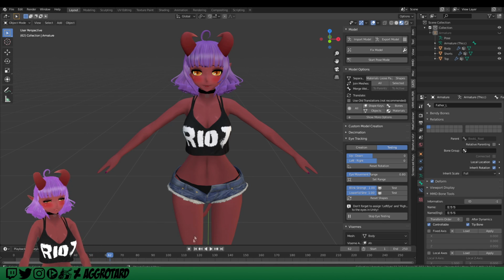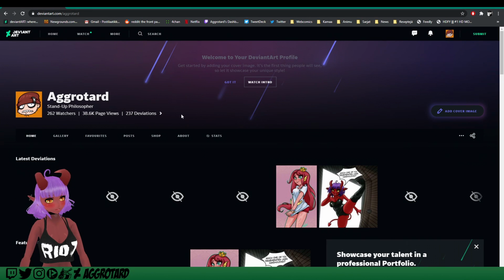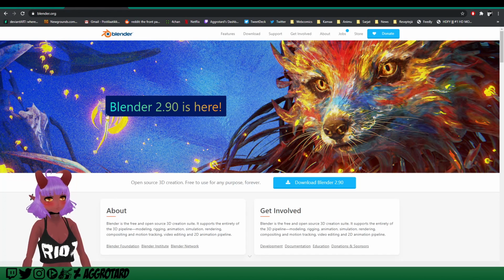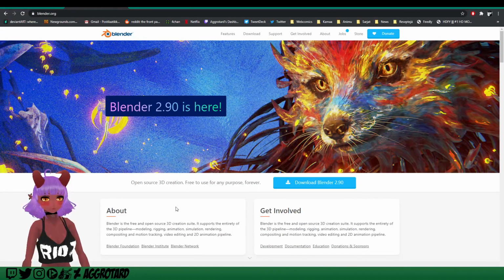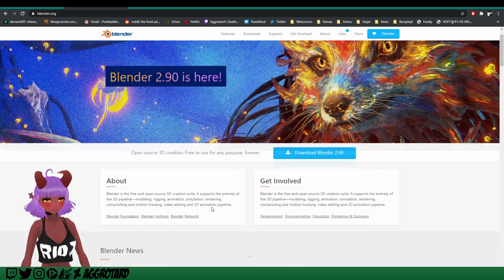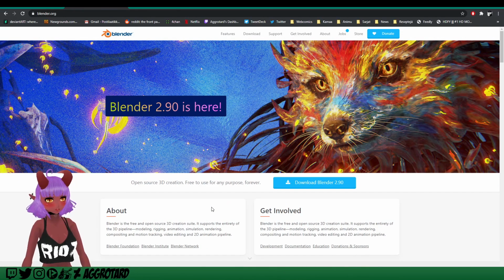So obviously the first thing you're going to need is Blender. As of making this, the newest version is 2.9. I'm using 2.83 just because I haven't tested if the Cats plugin works with 2.9. I'm pretty sure it will, but just in case for this tutorial, we're gonna use an older version. So you can just download your Blender for free over there, or you can find the older version